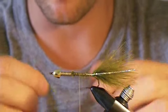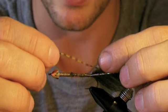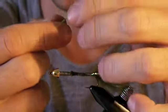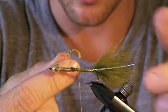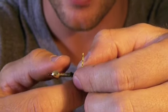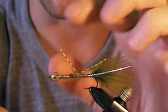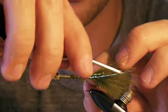Since this is going to be an olive rubber leg woolly booger, I've chosen these chartreuse and black rubber legs. So we take the first one. It's already cut pretty close to the size that I want it, and I've got the thread where we want the rubber leg to go. Take the rubber leg and lay it down, and try to lay it so that the hook splits the rubber leg in half. Make one wrap in one direction, and then pull this closest leg back and make another wrap